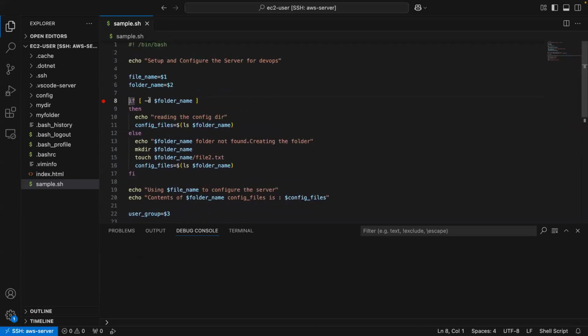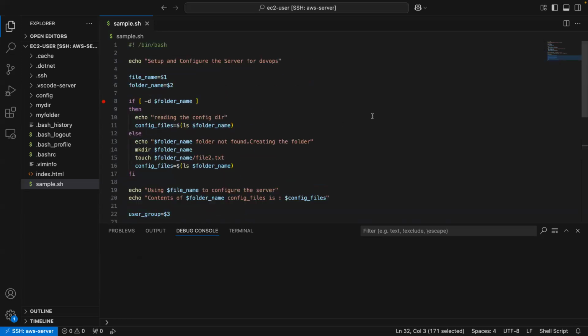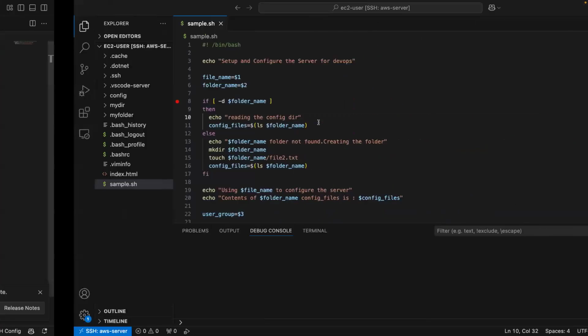So this is some sample script. I have introduced the if conditional statements and then the different parameters, positional parameters, multiple select case kind of when you have multiple conditions. This is what we did here, right? So you can also